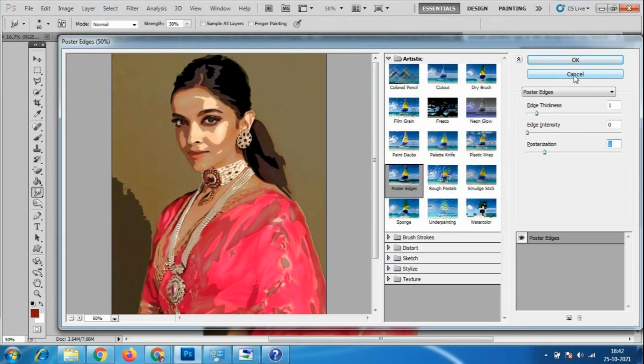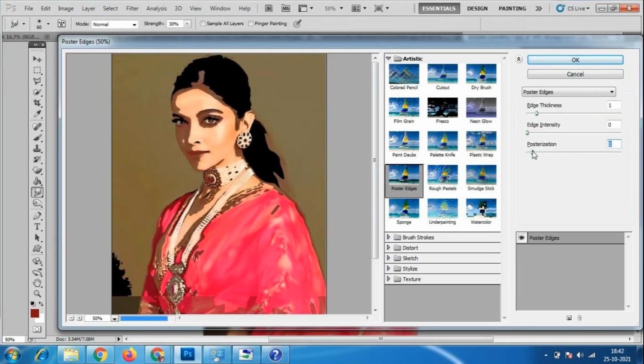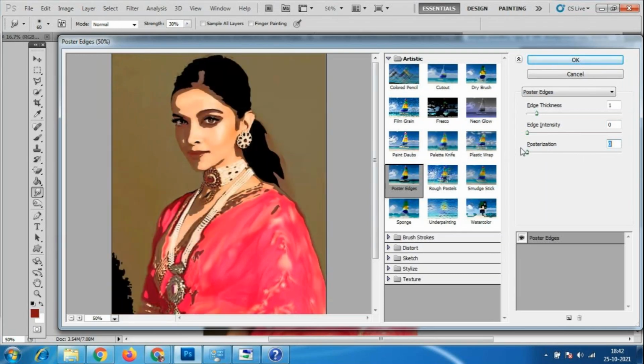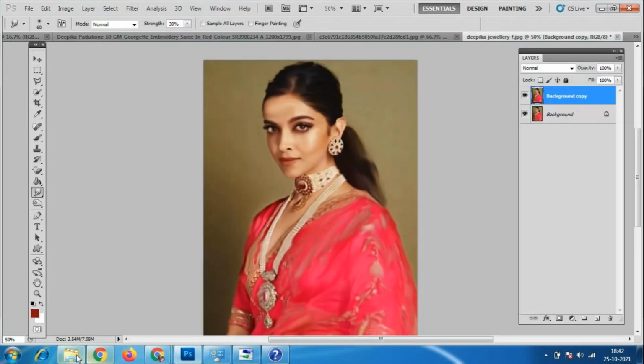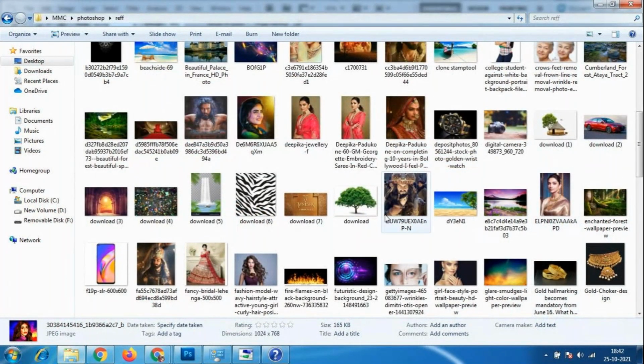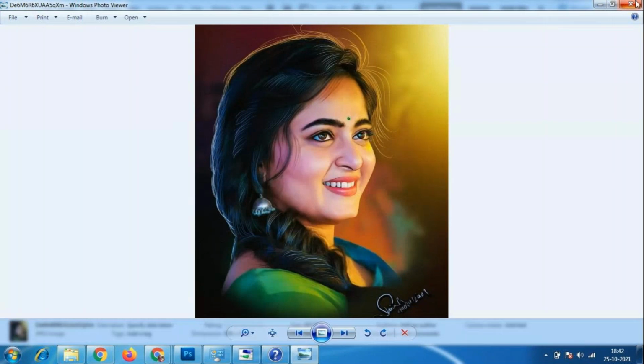so we can use the smudge tool. Okay, so here in the starting also we can make this conversion, otherwise we can do it in the end also. So like this, any poster color things we can use like this. Okay, which is looking like a painting. I have one painting over here. Yeah, even this is also a poster painting. So we have to keep on working with the brushes, and we have to keep on working with this smudge tool. Okay, and we have to change the background also.